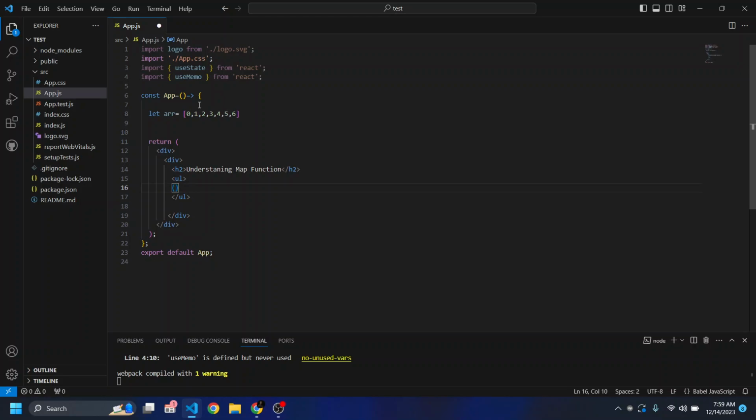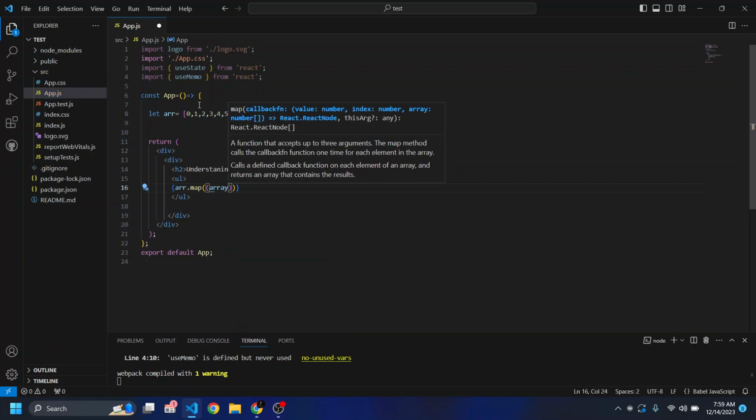So, arr dot map is equal to, here we pass an argument that we will be using instead of that arr. So we say array, and